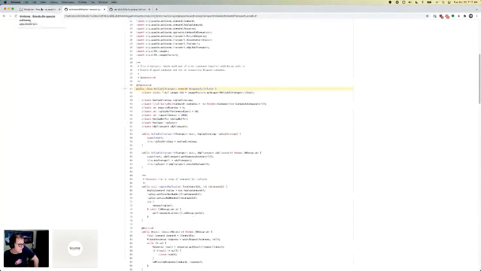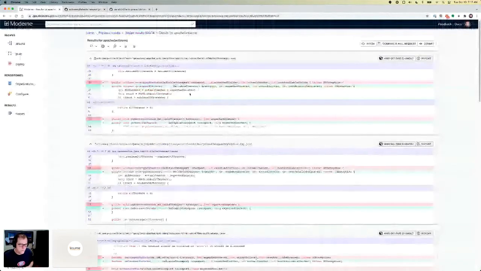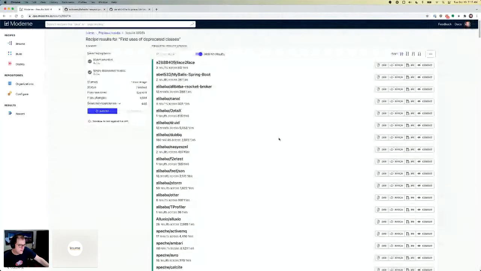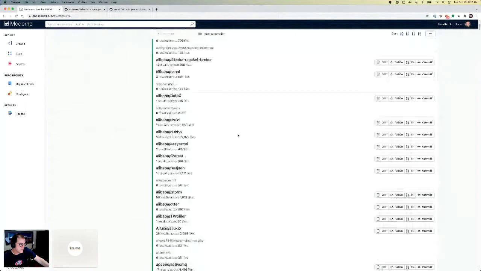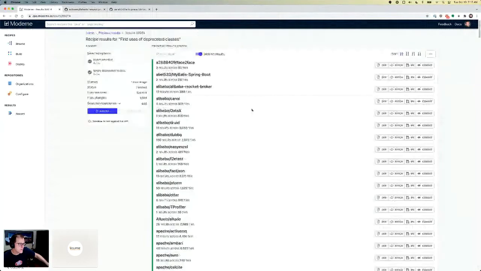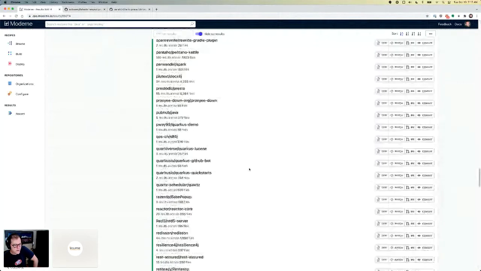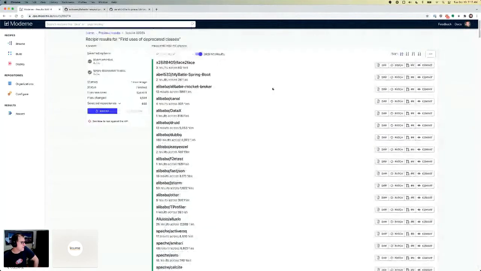So that's pretty powerful, and honestly, once you start using this stuff, you really get used to the capabilities, and it's hard to picture a world without this type of search capability, and it's really fast. I mean, like I said, we have 65 million lines of code in here, and I've got this filtered right now, so I'm not showing projects where we don't have any results. So you can see there's obviously going to be a ton of deprecated APIs in use. So, okay, that's kind of the search capabilities.